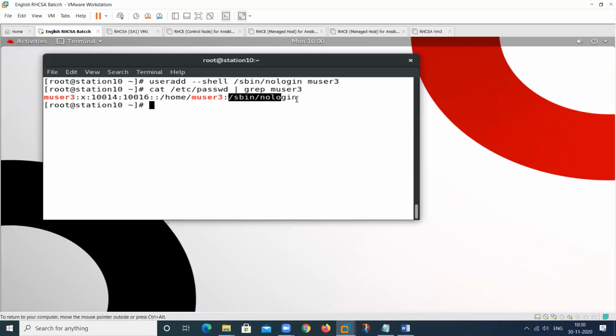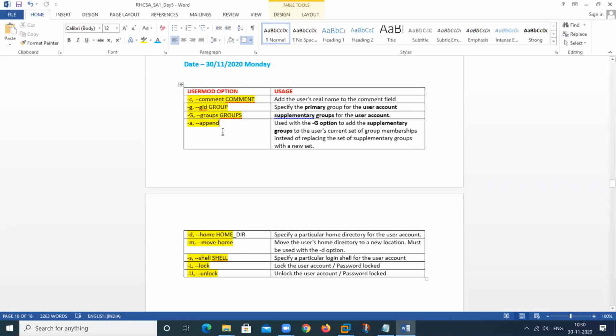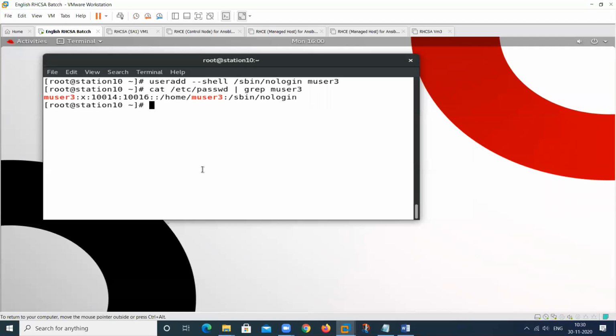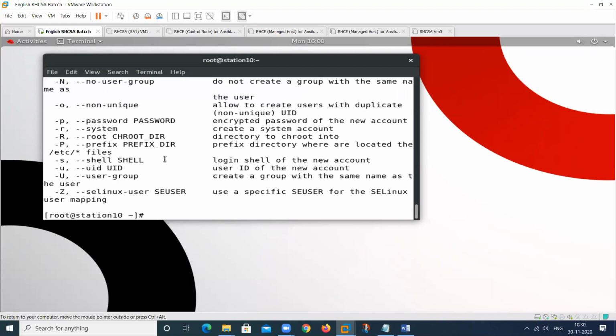So this shell will be changed because I used this option. So we can use the short format, we can use the long format. You can see also here when we type useradd --help. See here, there are two types of format. This is the short format and this is the long format. Clear?